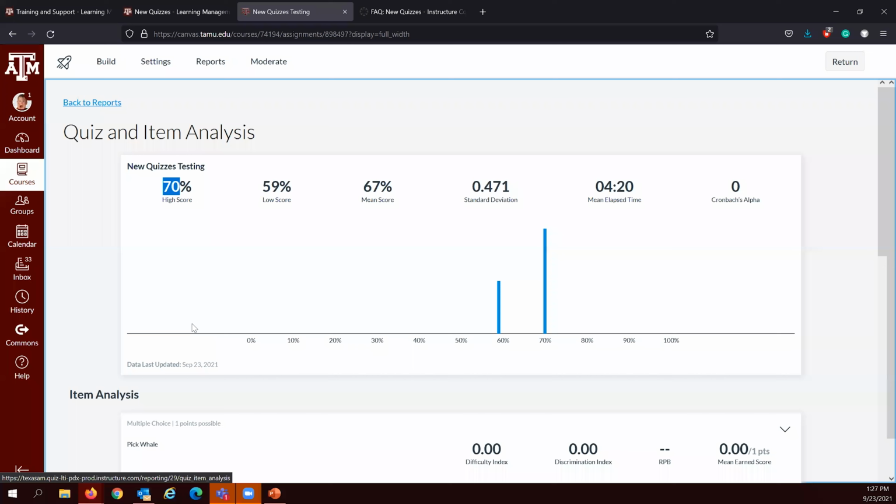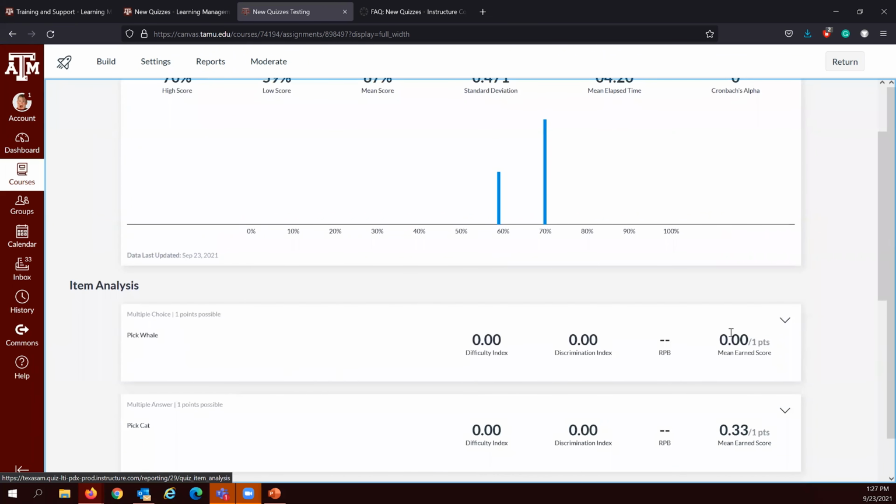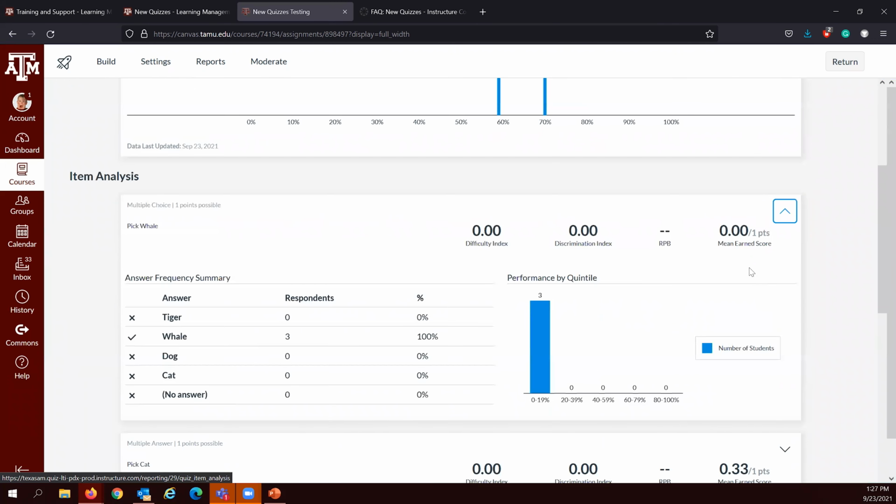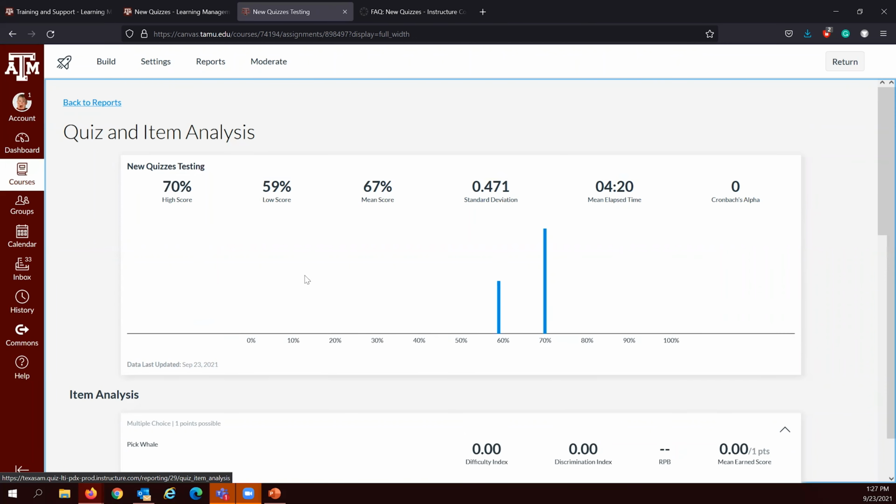our recommendation is to keep using classic quizzes until Canvas builds that student analysis and the item analysis CSV file. As of right now, in new quizzes, you can only look at it, basically. There is no download button where you can download the student analysis. So from here,